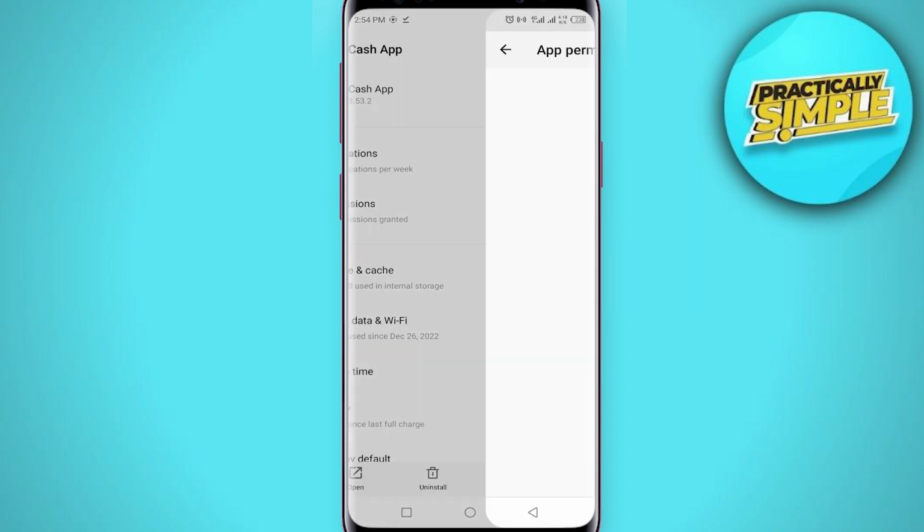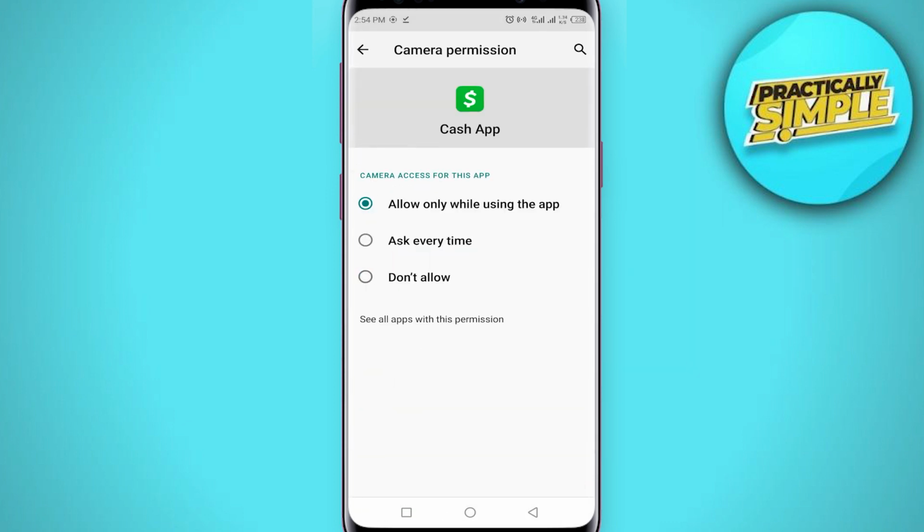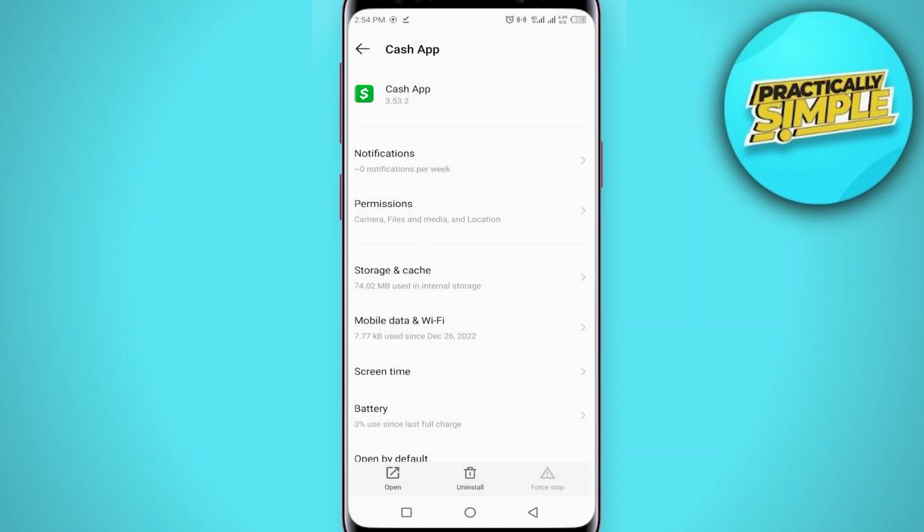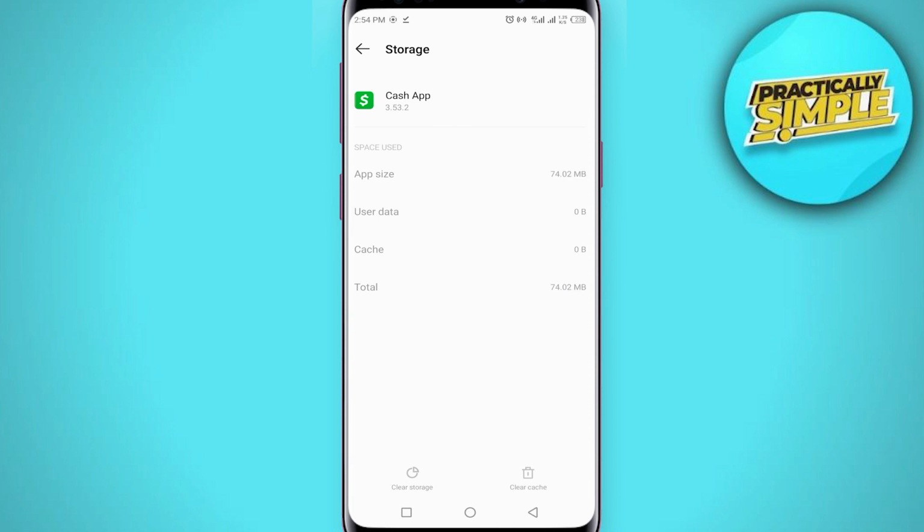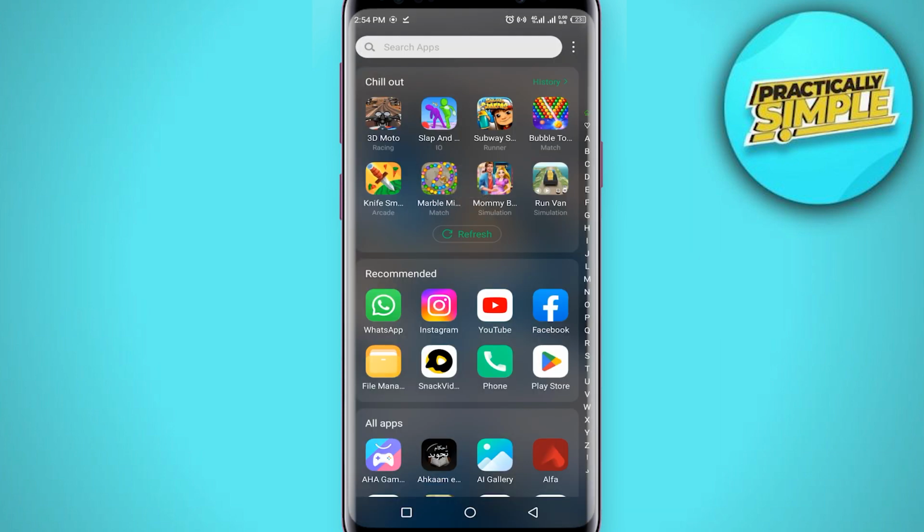You have to tap on this permission. Make sure to allow all the permissions to the Cash App like this. So just make sure to allow all the permissions and then go back and tap on this storage and cache and tap on this clear cache and clear storage, and now just go to the home screen and then open